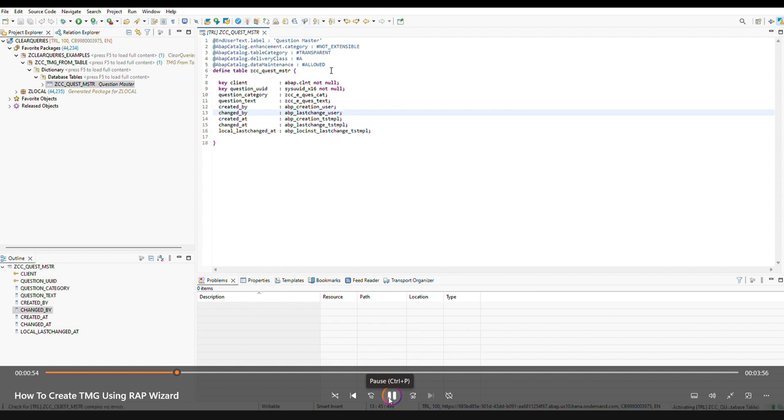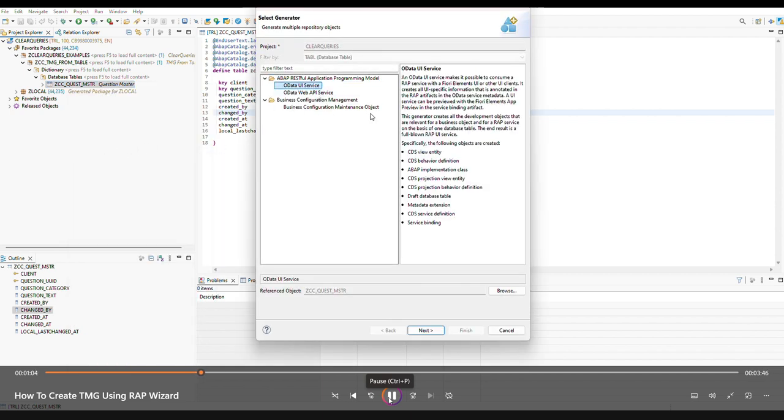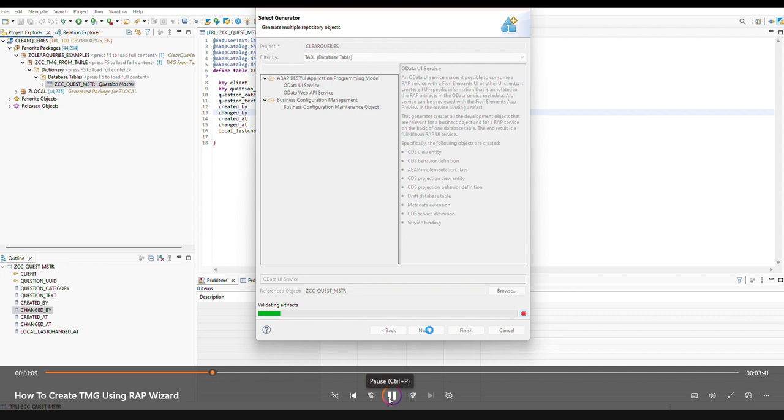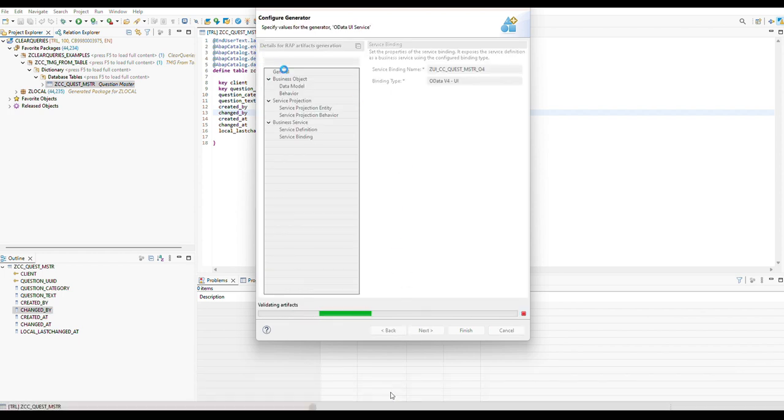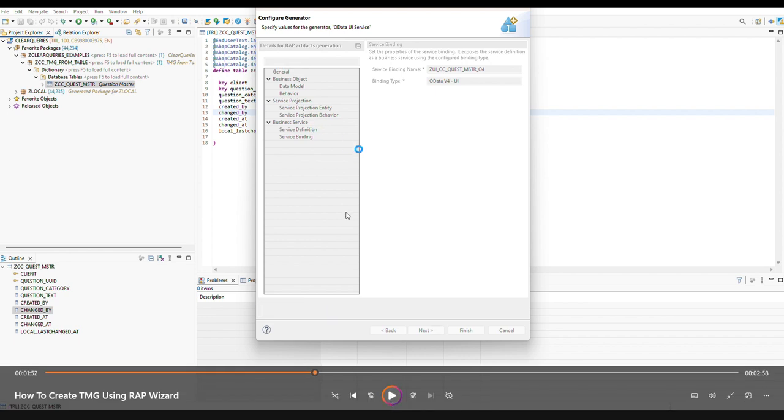Select the right package and validate the objects being generated, like business object, data model, behavior artifacts, service definition, and binding.